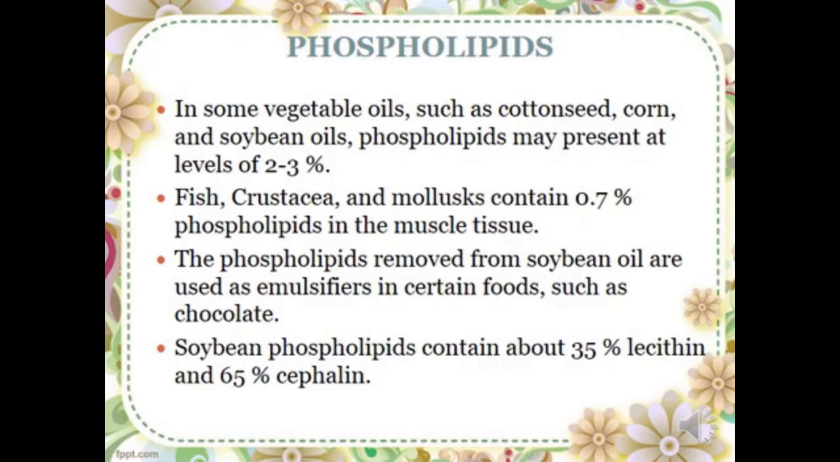So in some vegetable oil, for example cottonseed, corn, soybean oil, the phospholipid is present at a rather low percentage, in the range of 2 to 3. In fish, crustacea, mollusk, those with shell will have about 0.7% phospholipid in the muscle tissue. So most phospholipid are obtained,